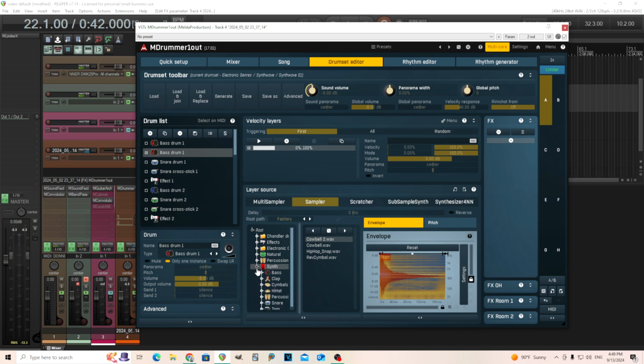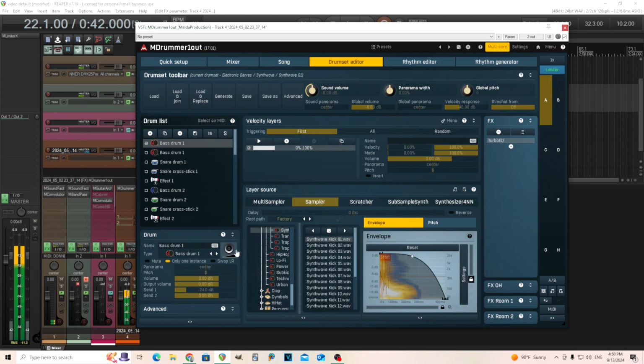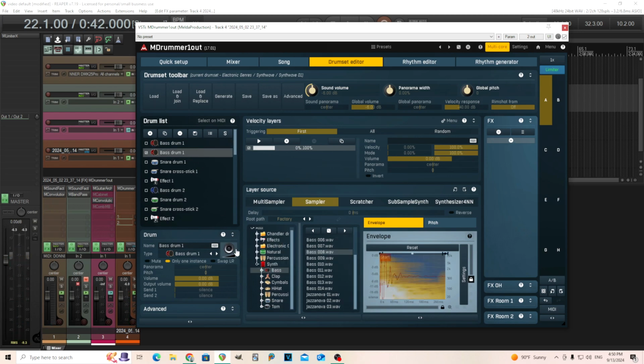So we'll look in here for a bass drum. Not sure exactly what I want here. Find one that hits hard. We'll take that. It's a little bit clicky. Let me see if I can find one that's a little bit more clicky. Eh. So we'll take this,